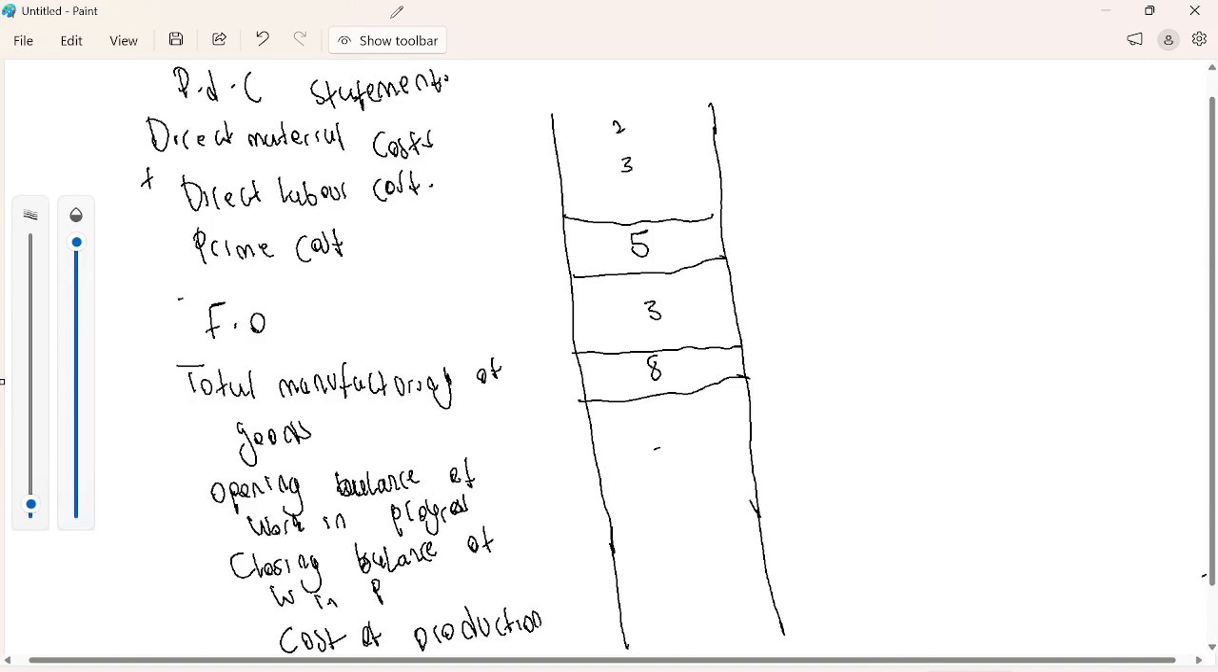Maybe let's say the opening balance is 3 rands, and then the closing balance is subtracted, maybe it's 4 rands. So 8 plus 3 will give me 11, minus 4 will give me 7, which is the total cost of production, right? Sometimes, guys, when you're given a T account, please don't forget, they can give you all of these